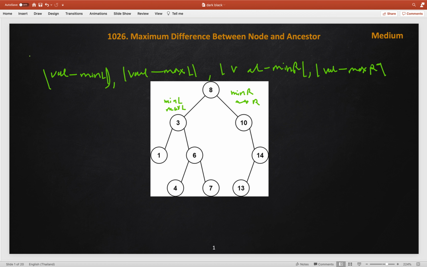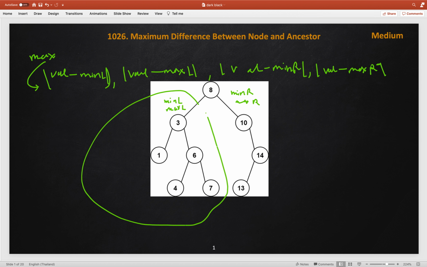We will keep a global maximum value that we will update with this value, and we will keep updating it starting from the root node to all the nodes. We will do the depth DFS traversal and try to update it. If I need to find the minimum and maximum value of the node's left subtree, we need to process all the nodes in the left and similarly all the nodes in the right subtrees, and we have to repeat that for every node.